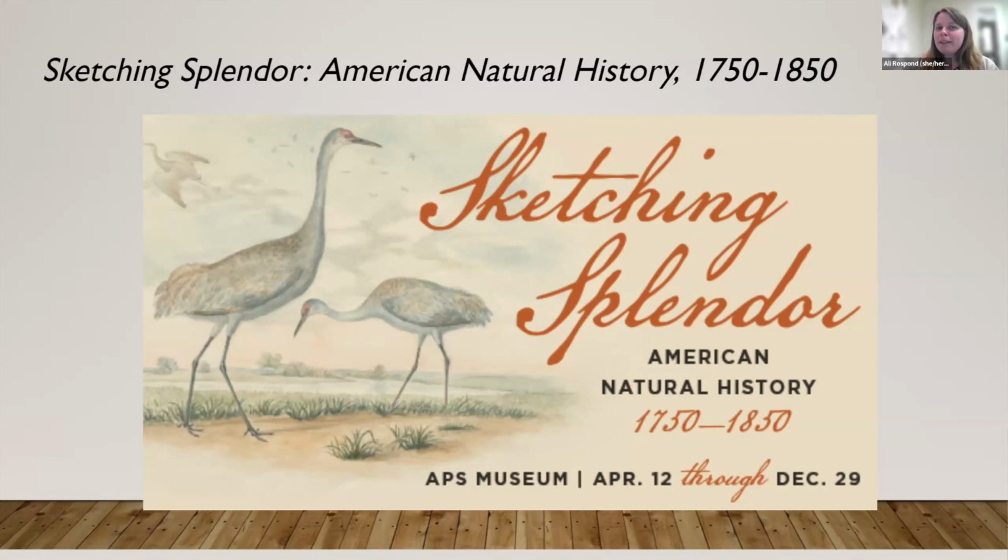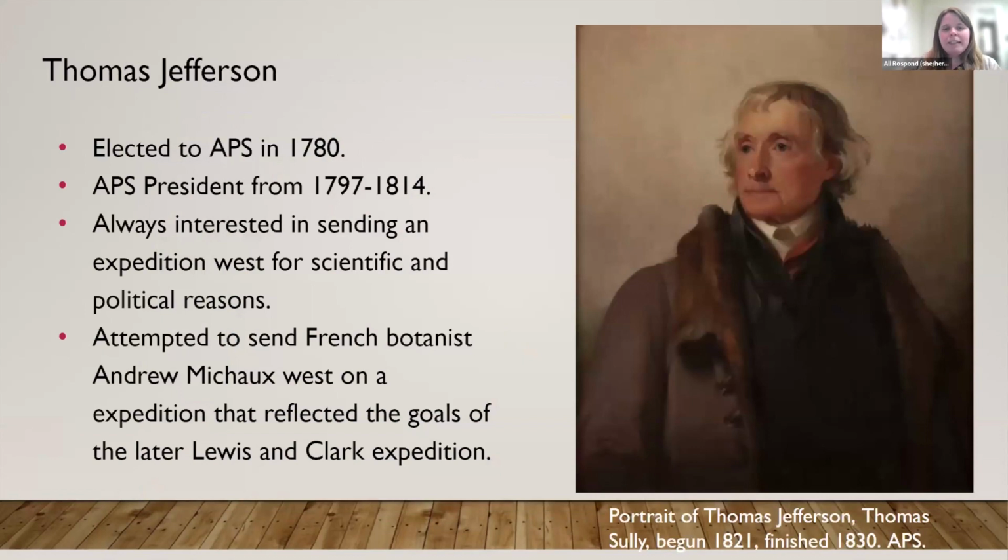But let's backtrack now. Let's go a little bit farther into the past and talk about how these plant specimens got here to Philadelphia. And like many stories in the APS, it starts with Thomas Jefferson. Thomas Jefferson was the president of the APS. He was elected to the APS in 1780. He was president from 1797 to 1814, and he was always interested in science and always had his hand in